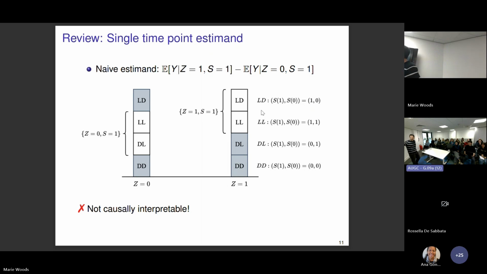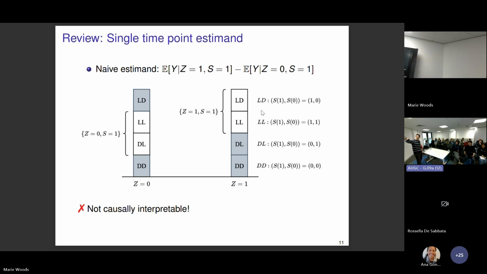So DL will be patients who were killed by this active treatment. They would survive under control, so if they only take the placebo, but they will die if they took the active treatment. And the DD will be people who are doomed, so they will die regardless. Okay, so now from this perspective, we can see that